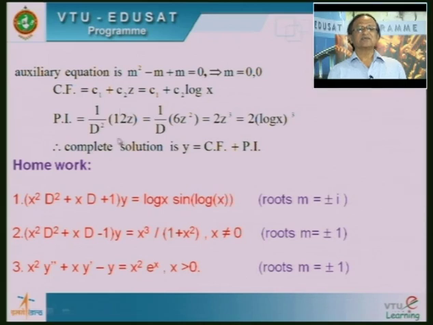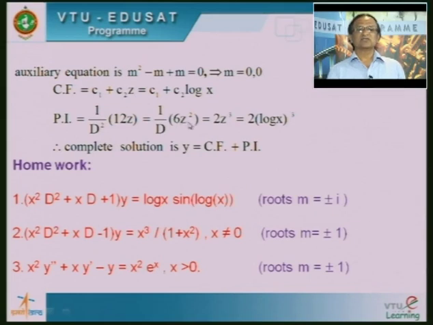So, if I integrate one time, what can I obtain? That is why I have written here 1 upon D, integrate 12 as it is; the integration of z with respect to z is z square by 2. Simplify, and I hope you will get 6 times z square. Now I want to integrate one more time, because it is 1 upon D square, so I have to integrate one more time.